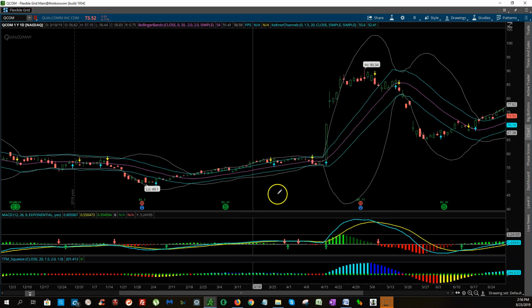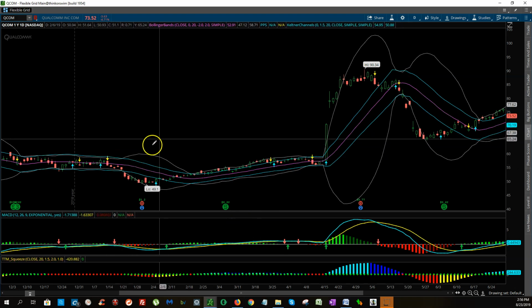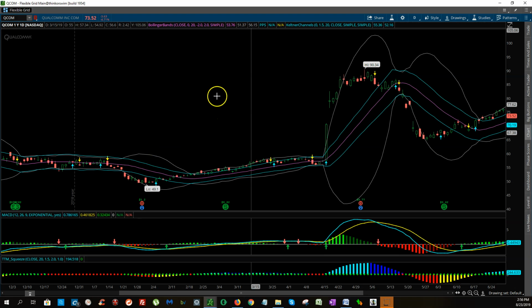Here you go. Okay, so you can see how, when the Bollinger Bands are outside of the Keltner channels, there is no squeeze at all. There's no squeeze, okay? However, when you see the Bollinger Bands go inside of the Keltner channels, like right here,